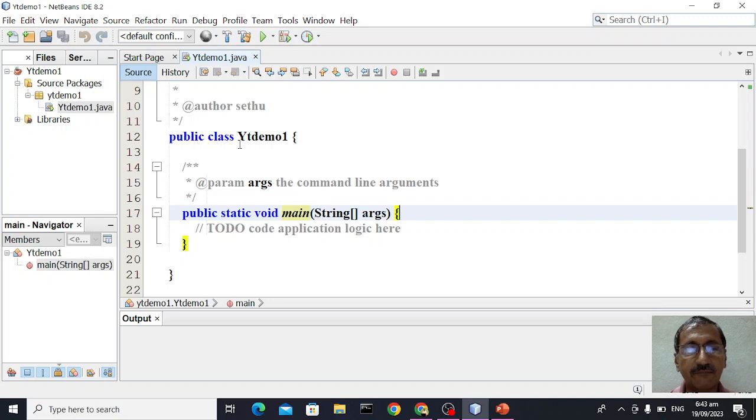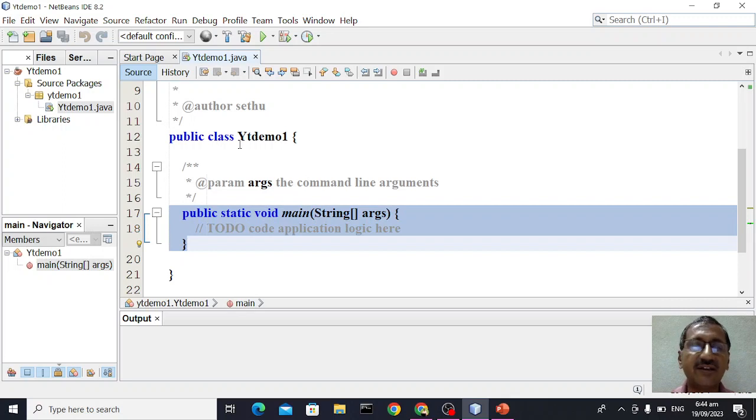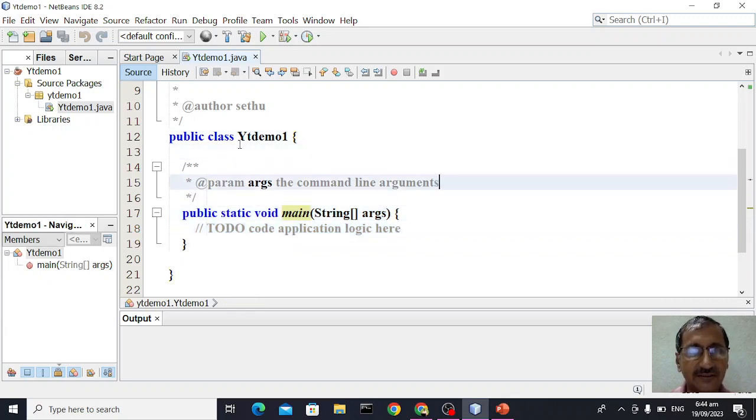Main is a method. Look at this. It's a public method. So when you say public method, this method can be accessed from outside. It's like opening the main gate, then the inner door, the hall door or whatever it is. So this should be public so that you can make use of it. If you make this private, there is no meaning in making the class public. So the class should be public, then within that the method, and if it is public, this method can be accessed from outside.